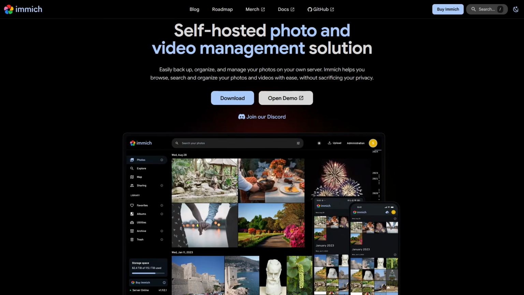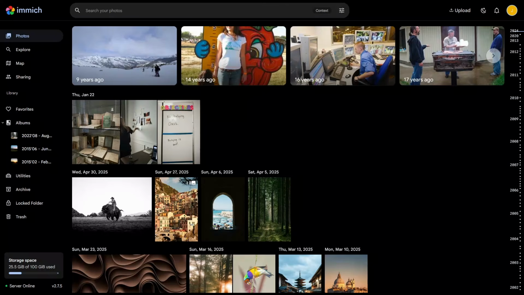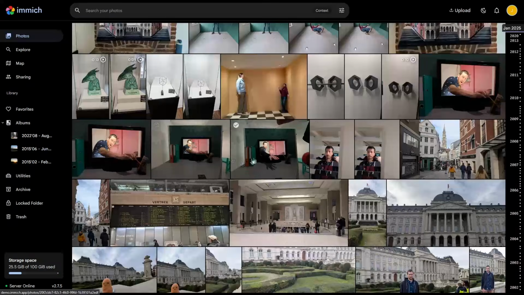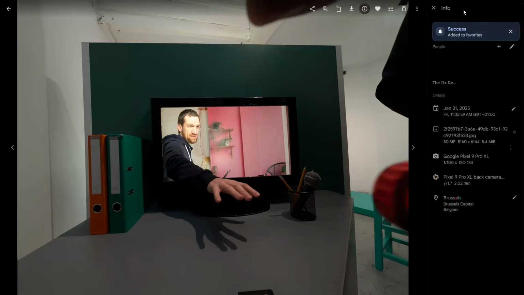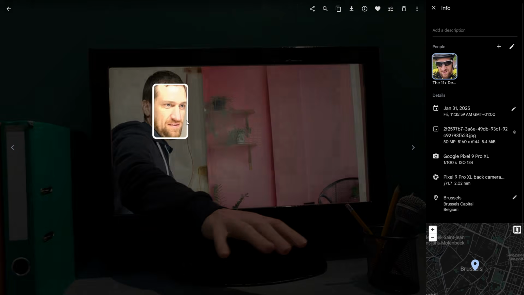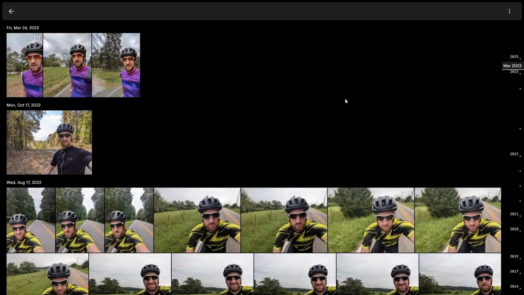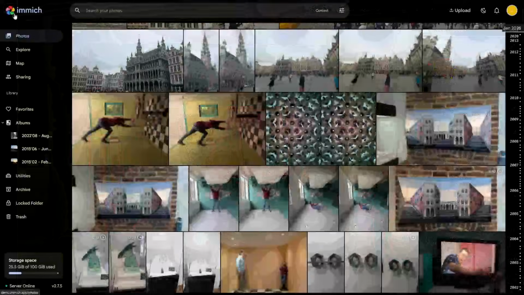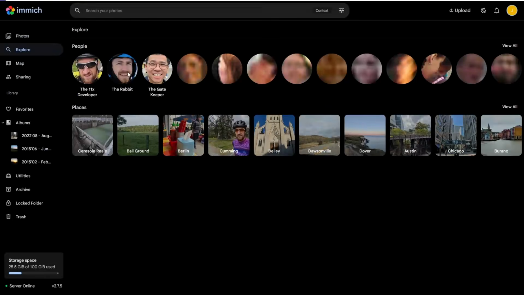Do you want to ditch Google Photos and host your own private photo library that your whole family can use? Let me show you Immich. Immich is a high performance, self hosted photo and video management solution. It has mobile apps for iOS and Android, automatic background uploads, facial recognition, machine learning search, and a UI that